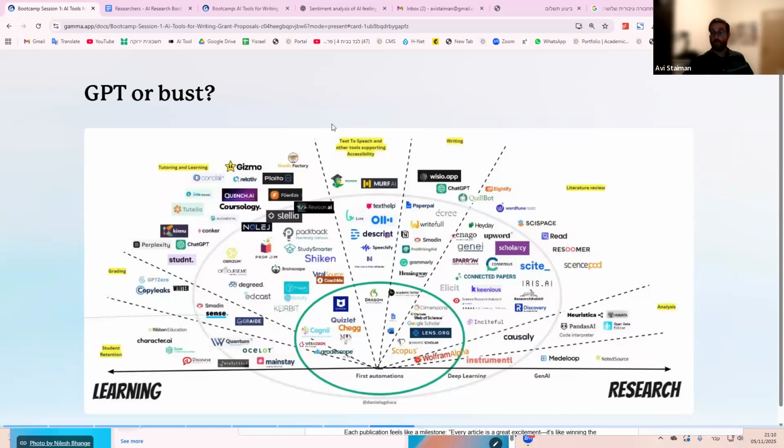Also, it's overwhelming because it's like, oh my God, right? Am I supposed to stop what I'm doing and take a year to learn all these tools? The answer is no. You do not need to do that. In fact, I don't know how to use the majority of these tools.